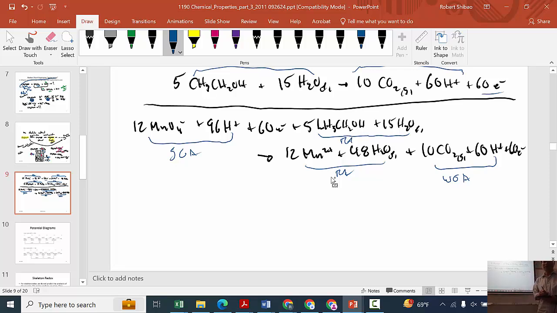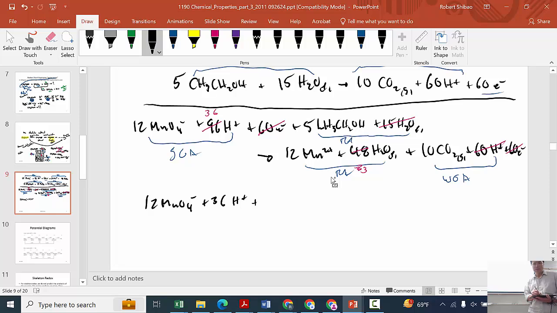So let's simplify this. Simplifying this here, I have 96 and 60. I have 60 H pluses. I'm going to get rid of all those, and I'm going to get rid of 60 out of the 96, leaving me with 36. The 60 electrons, I'm going to get rid of those. And I have 15 waters here I'm going to get rid of, and I'll get rid of 15 out of the 48, so that's going to give me 33 waters left over here. And so it's going to come out to 12 permanganates plus 36 H plus 5 ethanols